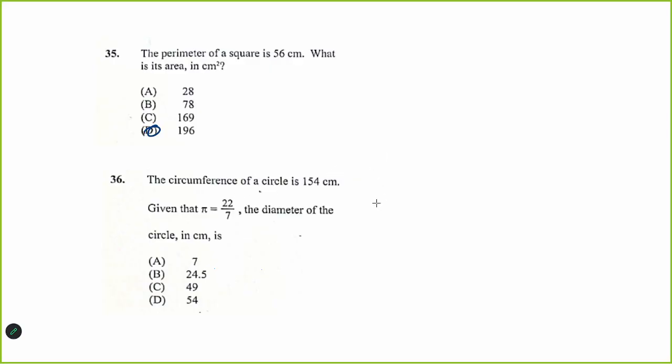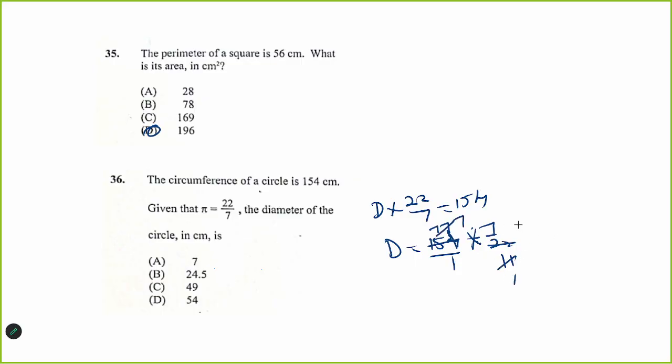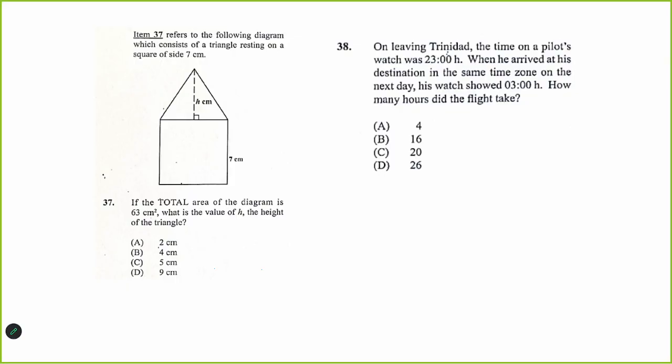Circumference is 154. So diameter times 22 over 7 is 154. So diameter would be 154 multiplied by 7 over 22. You get 11, and then 2 could go into 77. 7 times 7, 7 sevens are 49, so the diameter is 49. Right, this one here,